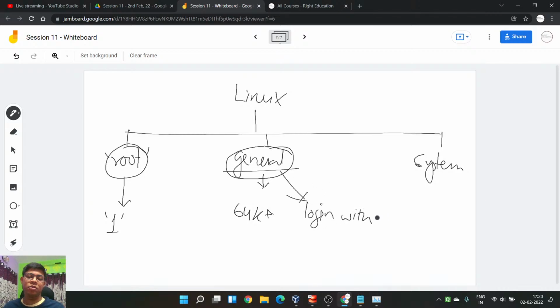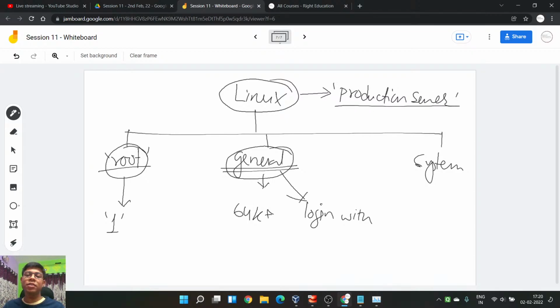Why? Because of security reasons. In a general user, we can limit them. We can put limitations on our general user, that these are the things this general user can do. There are a lot and lot of limitations we can put on general users. But if you talk about the root user, we cannot put any limitation on the root user. That means, let's say you are in a company and they have one server. Let's say this is their production server.